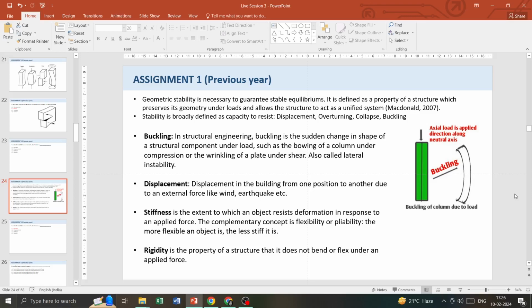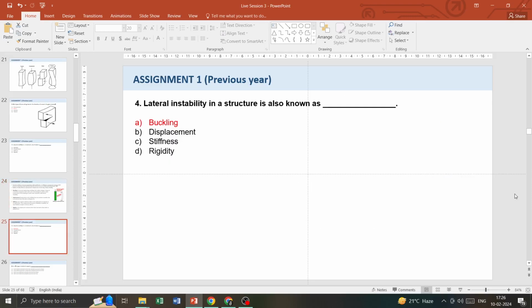When beams are being bent, it is called bending. So columns are being bent, that's why it's called lateral instability, because it's lateral. The columns are considered lateral, not horizontal. Columns are lateral and beams are horizontal. So when a lateral body turns into a bow shape because of the applied force, that's why it's called lateral instability. So our answer is buckling.